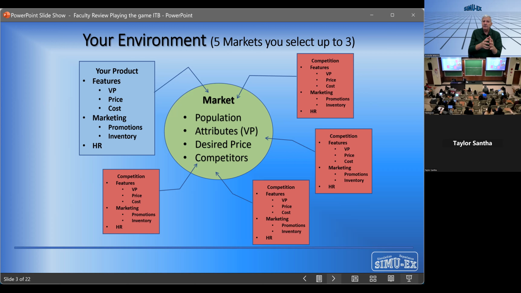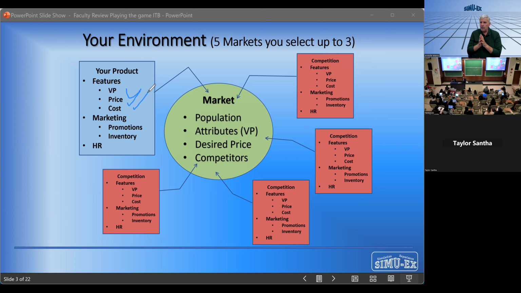Now, what you can see is you as a company have a product that has a series of features, as you can see in this case here. These series of features are essentially the value proposition, the price, and the cost. The price and the cost give us something that's very important in business called a gross margin.